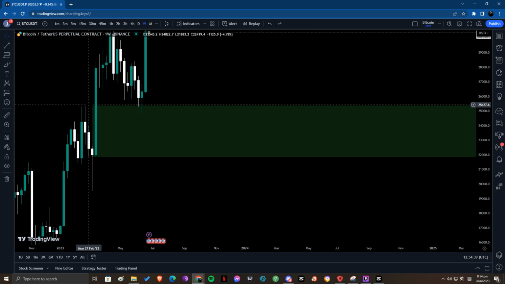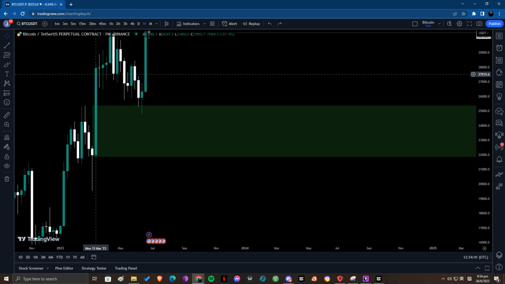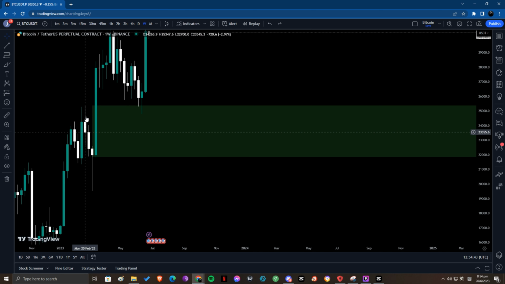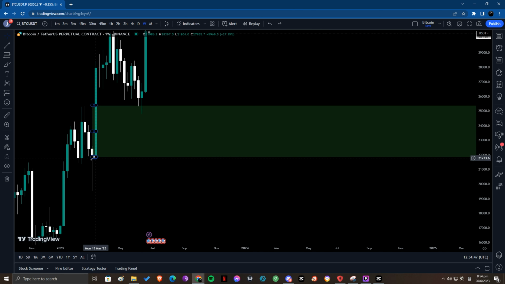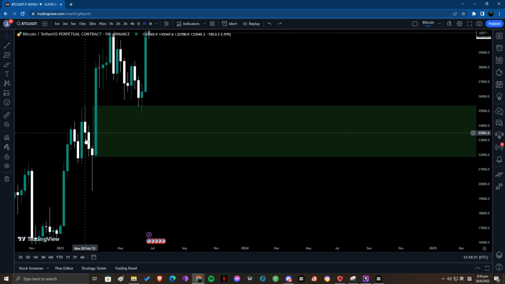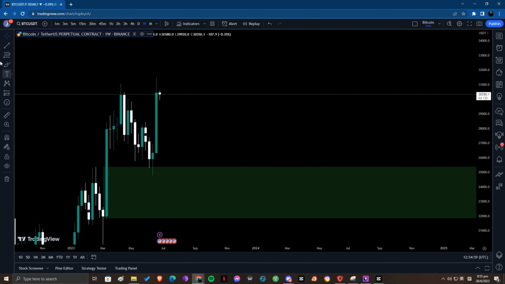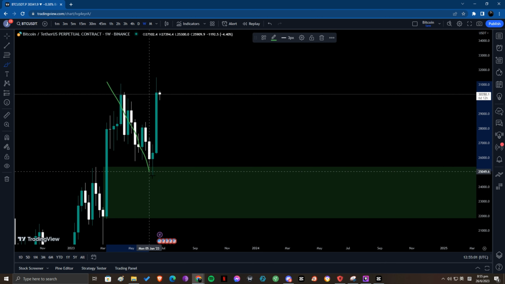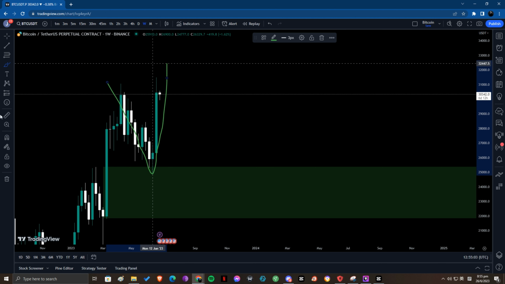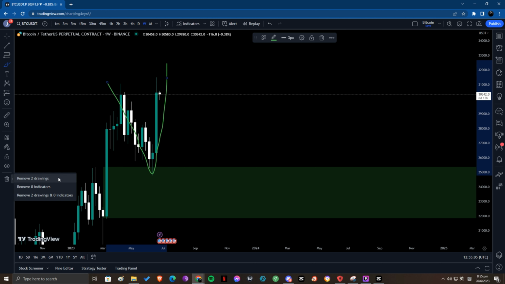Now, the upper side is a different story. The entire candle here is three consecutive candles. We're only going to take the body and we're only going to take this entire area. These three candles are what we call an entire order block area. Okay? So the price revisits this area, which it did, and immediately spikes up. So this is considered a strong order block.